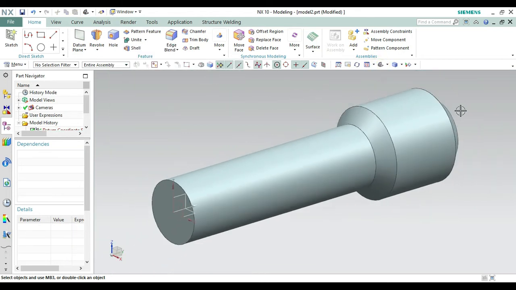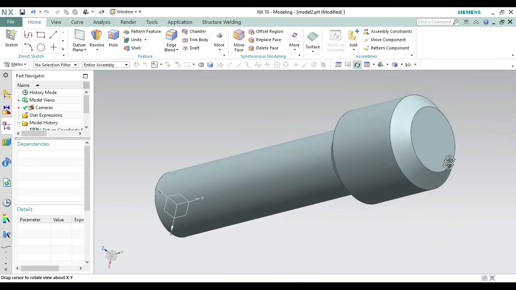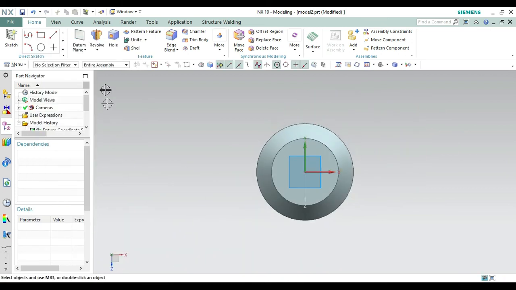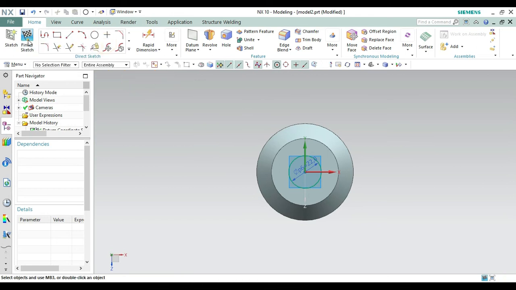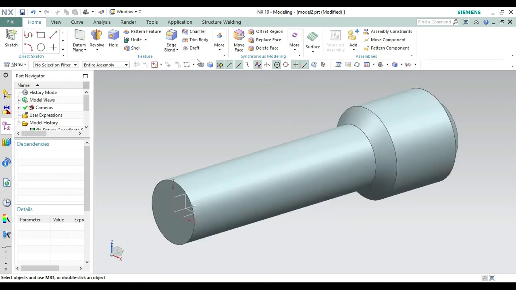Now we have to create a circle for an extruded part of 12 at the top of this. So again go to sketch, now select this part. Okay, so take this part and make it okay from here like this one. Now we have to create a circle of diameter 22 from here. Make it 22 like this, finish sketch, and again bring it to isometric view from here. Okay, like this one.